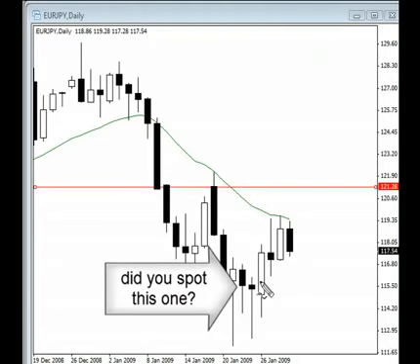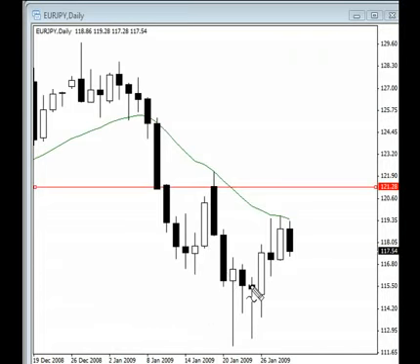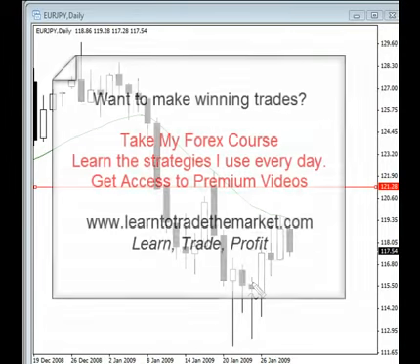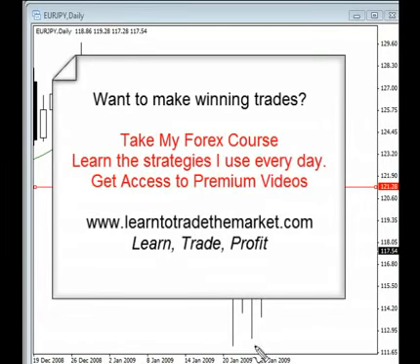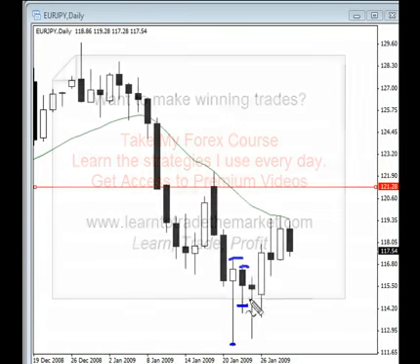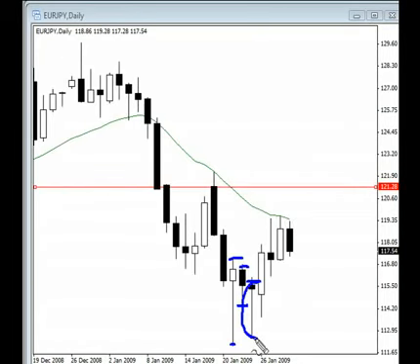Now here's a clone of the fakey setup we had on the Great British Pound Yen, the carry trade. It's just the fakey again here with the outside bar, the inside bar, and the false break candle right there. So that was another nice signal that we had, which resulted in a nice 2-day up move. And that's just skimming the surface of the setups that have occurred